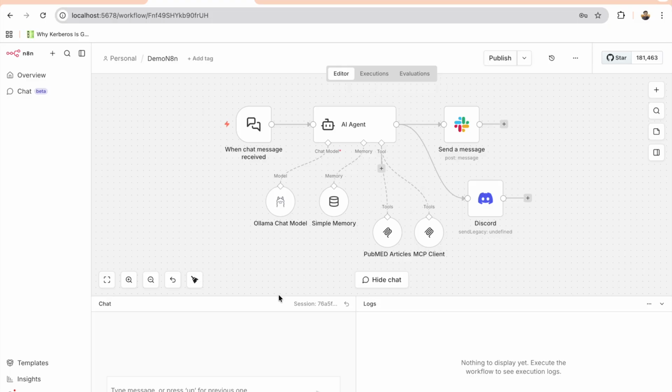So if I'm asking, get me the latest articles on the internet, or let's say, give me a latest article on some pharma area, since it's related to pharma, it has to call this PubMed MCP tool. How will it decide? It will decide based on the model. When I ask a question, first it will go to the AI agent. The AI agent has a workflow in it, and in that workflow, these models and tools are mapped. Then the AI agent will basically ask the AI model,